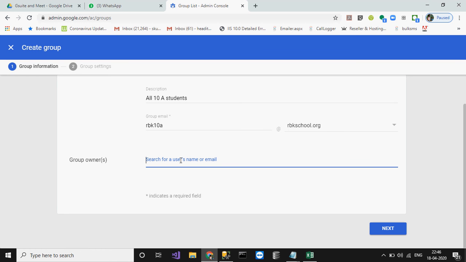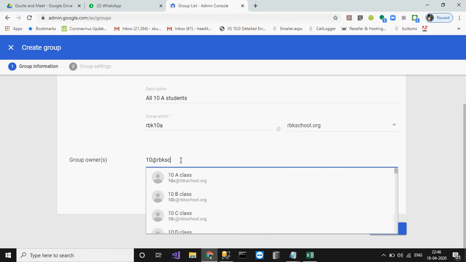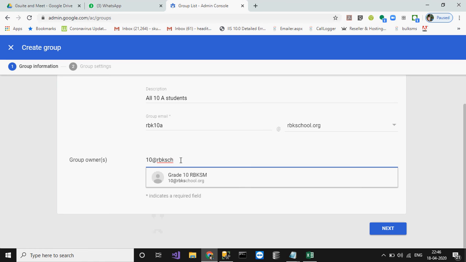So the group owner should be that email ID where events will be maintained. For this I am using 10 either at. Okay, perfect. So this ID should be the group owner, else you can't access this group in the event. So it's a very important thing here.